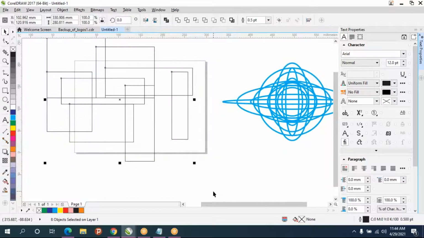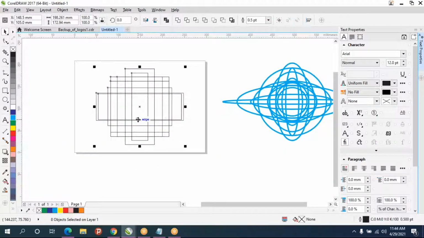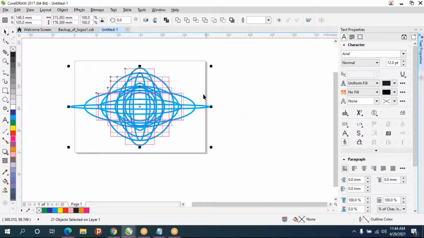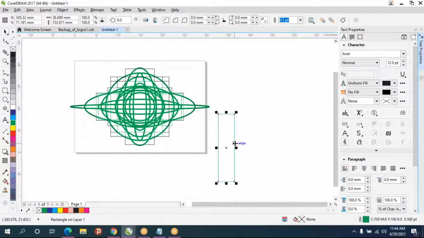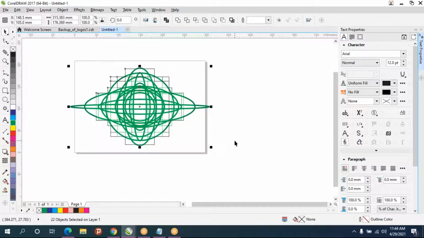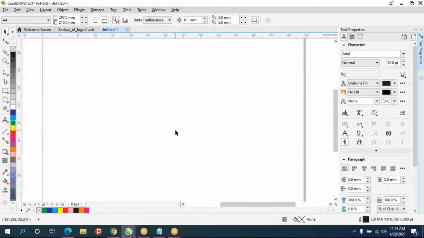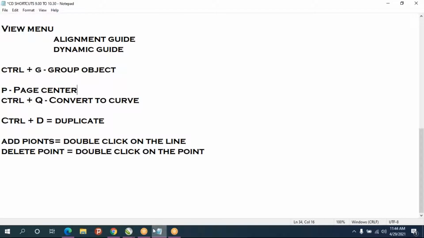Select everything, press P. So P is for page center,